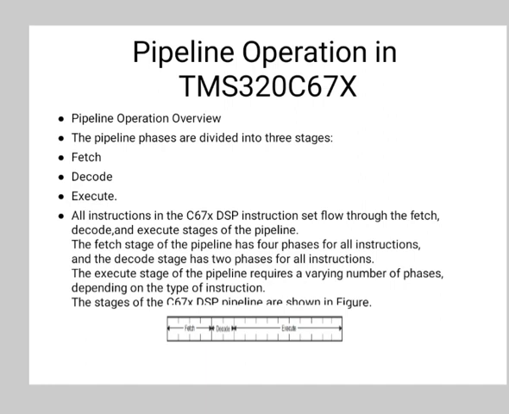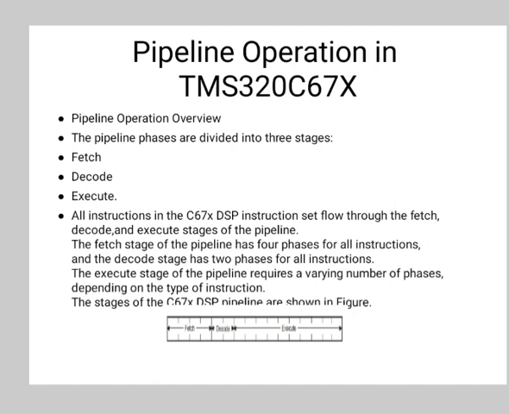Then the pipeline can dispatch 8 parallel instructions every cycle. The parallel instructions process simultaneously through each pipeline phase. The serial instructions process through this pipeline with a fixed relative phase difference between the instructions. Then the load and store addresses appear on the CPU boundary during the same pipeline phase, eliminating read after write memory conflict. So all the instructions require the same number of pipeline phases for fetch and decode, but they require a varying number of execute phases.